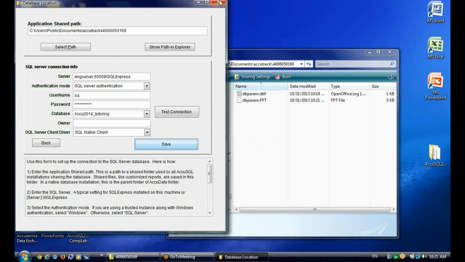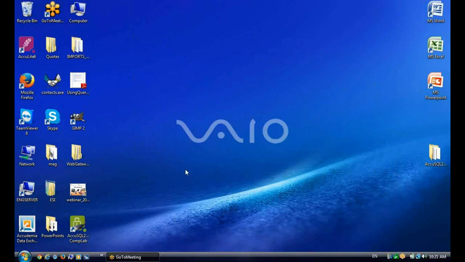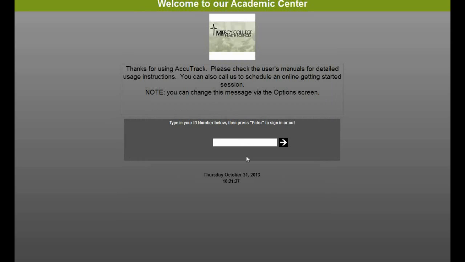Now I'll go ahead and X out of this program, the setDataPath program, and then reopen the Computer Lab plugin, and now I'll be pointing to that database out in SQL Server. And now I'm ready to log into the plugin. Now if I log in with administrator credentials,